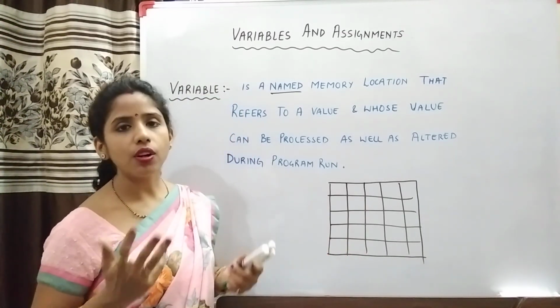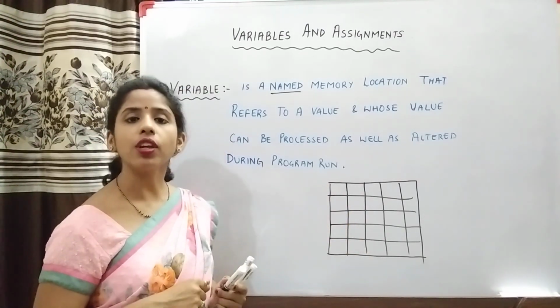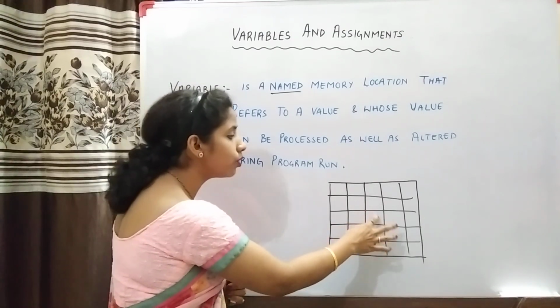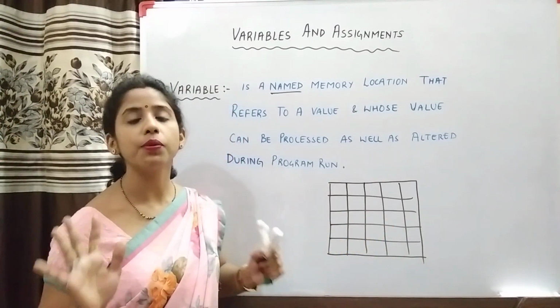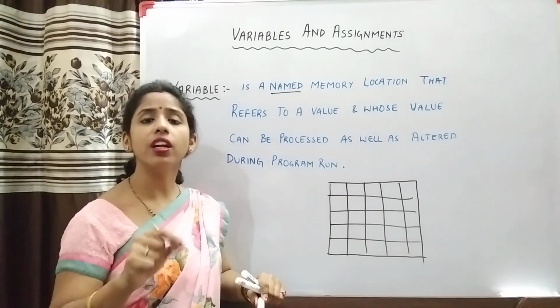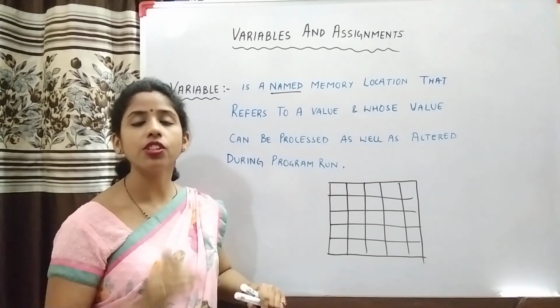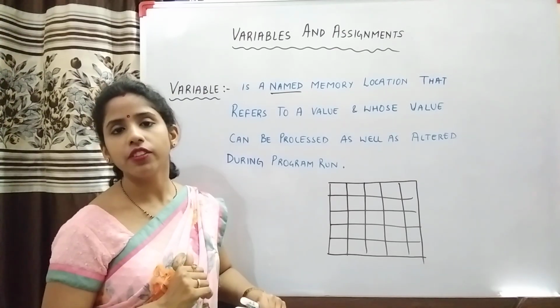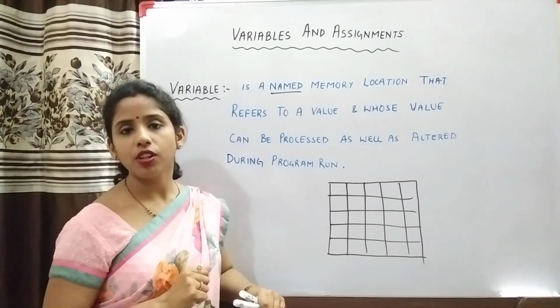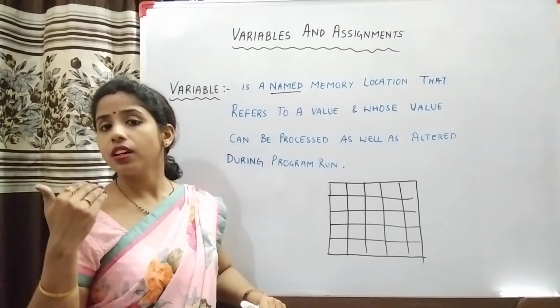You don't know which memory has been allotted, but you know that some memory has been allotted, and what you will use to refer to that location is the name that you will give to that memory location